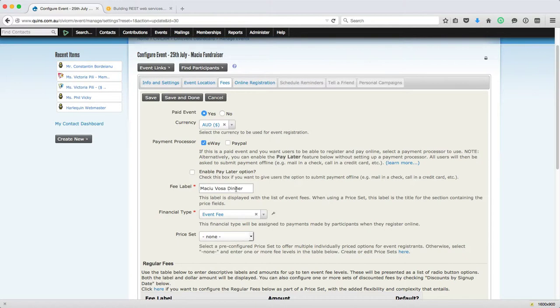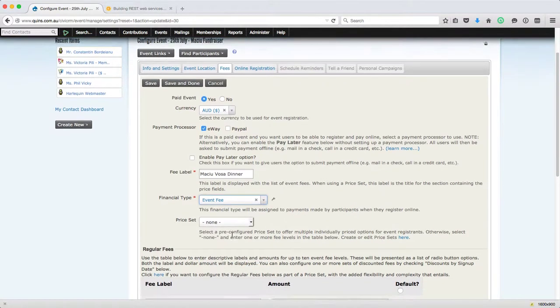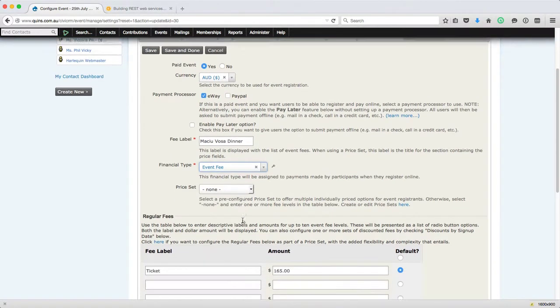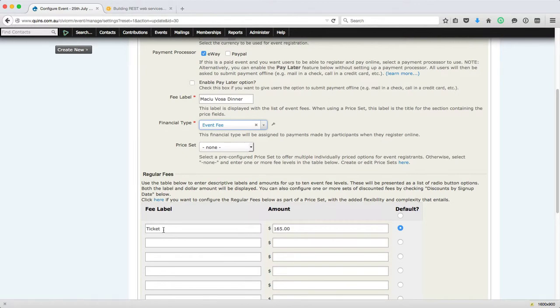So the label here, I've called it Matthew Vosa Dinner. This is essentially for fees that go into our account, so Bronwyn knows what's going on. The financial type will be an event fee as opposed to a membership or sponsorship and so on. And price set, I have not got a price set because we're going to say what the fee should be